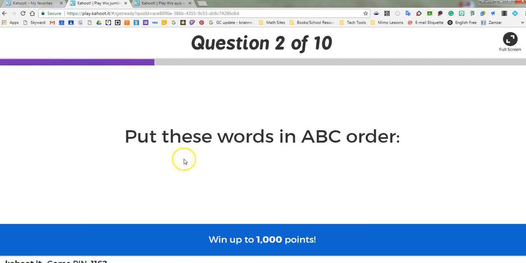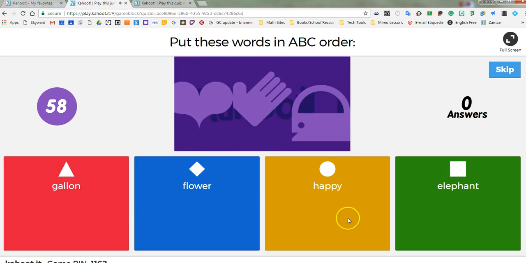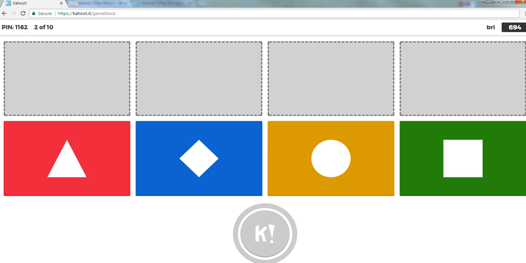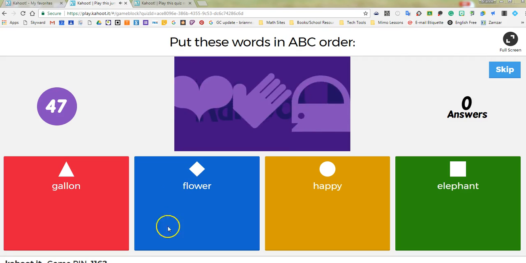Okay, again, put these words in ABC order. So basically, I'm looking, and then on my device, I'm going to drag them and drop them in the correct order. Okay, now that's an elementary example. So I want to go ahead and show you